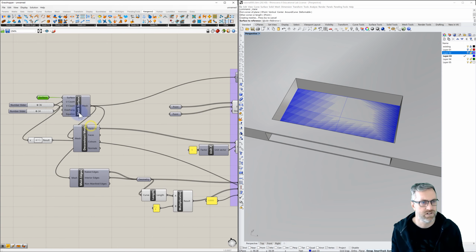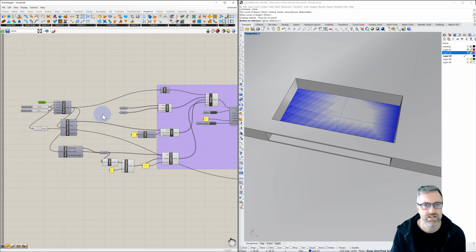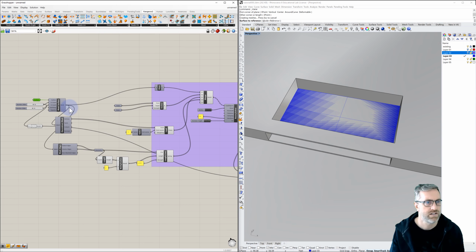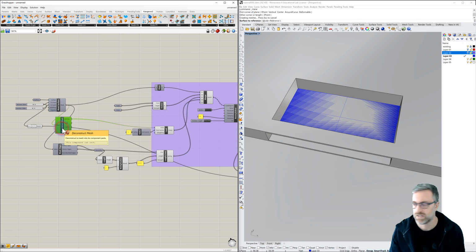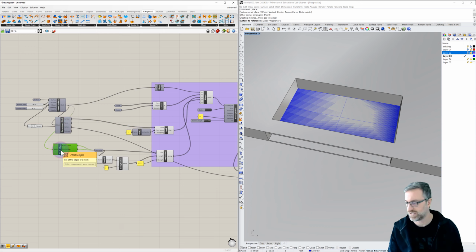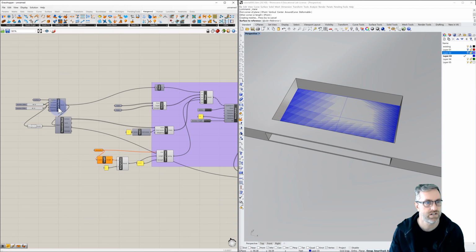Everything else should be working with that. We have our mesh surface. So let's make a couple of changes this time. We have our deconstruct mesh and our mesh edges. We're not going to use our mesh edges this time. And I do want to also